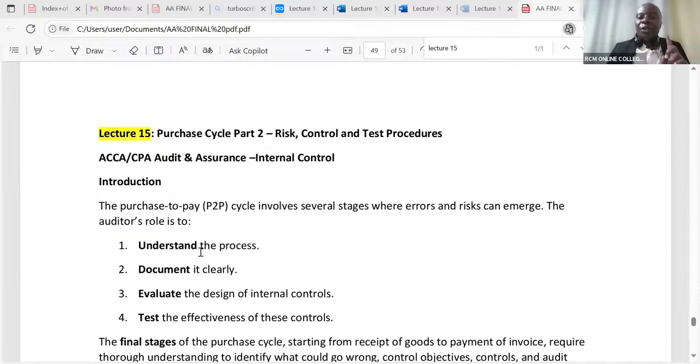So, ladies and gentlemen, please remember that the auditor's role as pertains internal control systems is to understand the whole process, the whole controls. We have to document this. Then we evaluate the design of internal controls. Then we test the effectiveness of these controls. And depending on the findings, if we identify a few weaknesses here and there, then through the management letter, after we've given our audit opinion, we